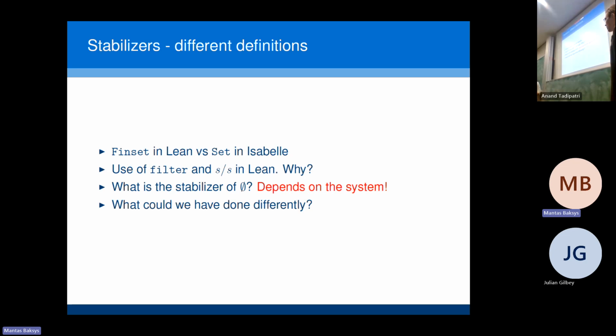We didn't even try. So part of the reason why we really wanted to go with this definition was the fact that Lean, as we mentioned, develops the theory of finite sets. However, in this case, working with these objects and interpreting stabilizers as subgroups, you really have to talk about its base definition as a subgroup as well. This was not an issue in Isabelle, so it shouldn't be an issue in Lean as well, as Yaël just mentioned. So perhaps we could have gone with a different approach here, and perhaps there shouldn't be a difference in